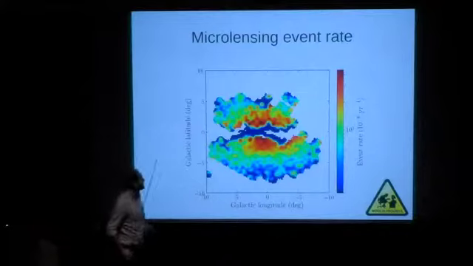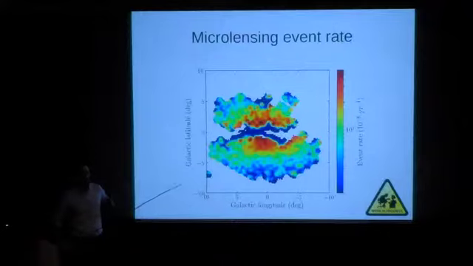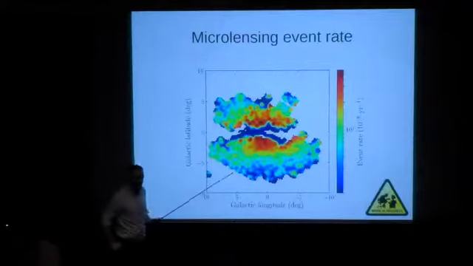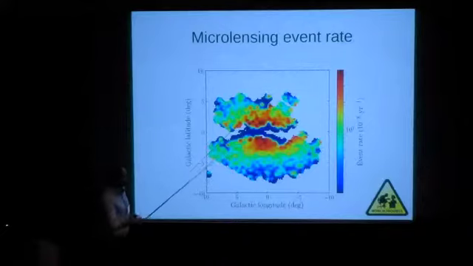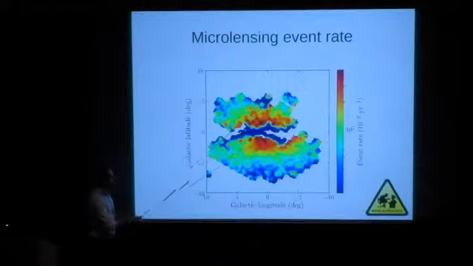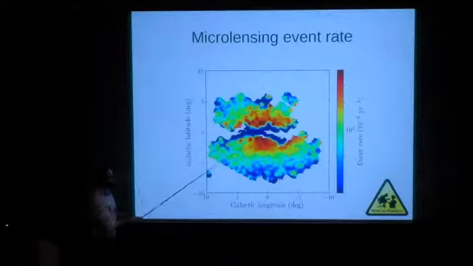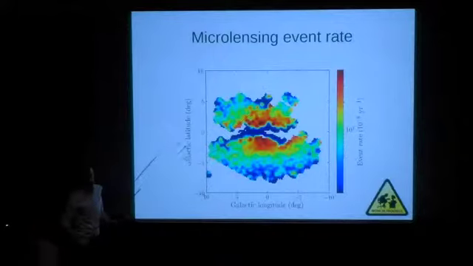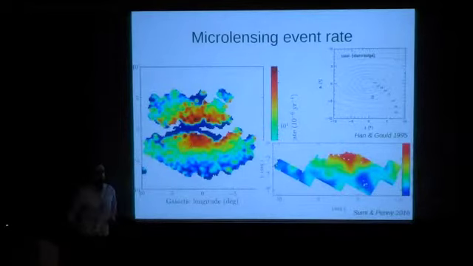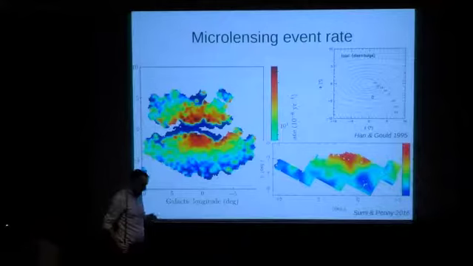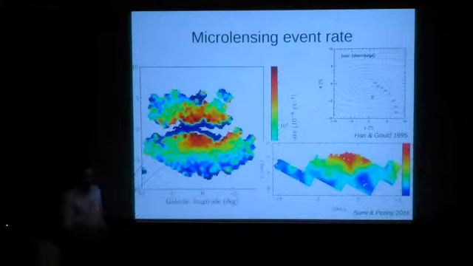This is my favorite map, which shows the microlensing event rate in our fields, which is based on a sample of events that is a factor of 15 larger than previously. What is really nice is that the contours of constant density, the constant event rate, have this hexagonal shape, and this is what you actually expect from galactic models, which were created already in the 90s. So after 20 years, after these simple models, finally we can see this pattern.